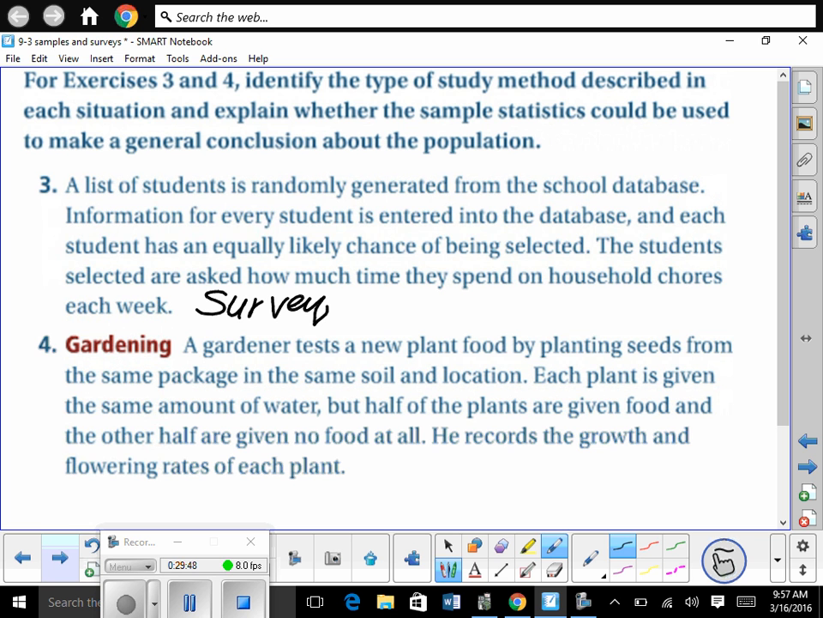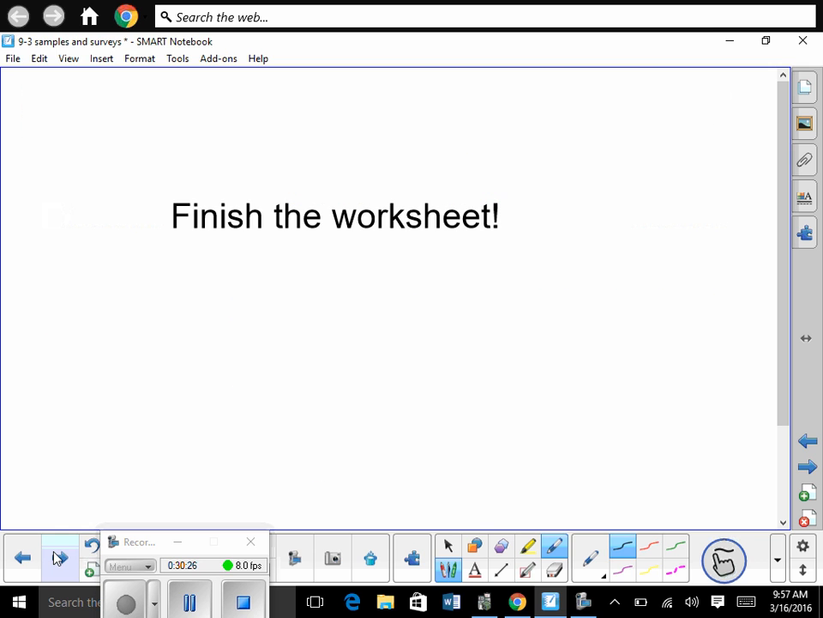Okay, next question. A gardener tests a new plant food by planting seeds from the same package in the same soil and location. Each plant is given the same amount of water, but half of the plants are given food and the other half are given no food. He records the growth and the flowering rates of each plant. So what kind? It's controlled, right? Are they giving half of it something and not? So observational, they would just sit back and watch, not do anything. Does that make sense? So this one's controlled. Okay, questions? The rest of the time, you're